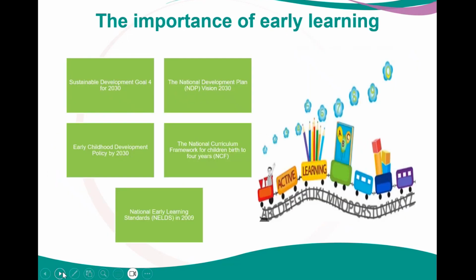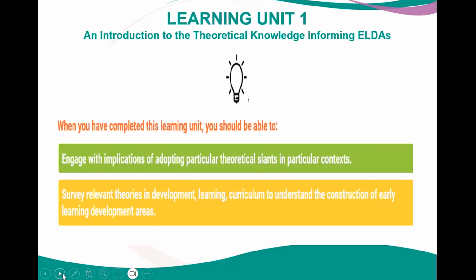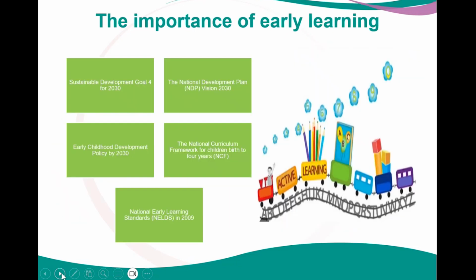Let's look at the importance of early learning. The Sustainable Development Goal 4 for 2030 seeks to ensure that all girls and boys have access to quality early childhood development, in terms of care, pre-primary education, so that they are ready for primary education. When you come to the National Development Plan, the NDP Vision for 2030, in South Africa, it